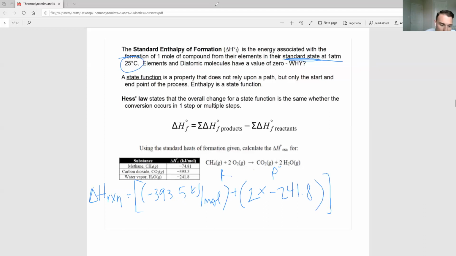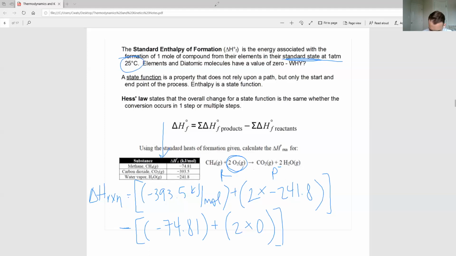So those are my products, minus my reactants, which are going to be the methane, which is negative 74.81, plus 2 times 0. I'm going to write the 0 just because oxygen, we notice, isn't on this table because it is a diatomic molecule and therefore doesn't have an enthalpy of formation. So you put that in your calculator,